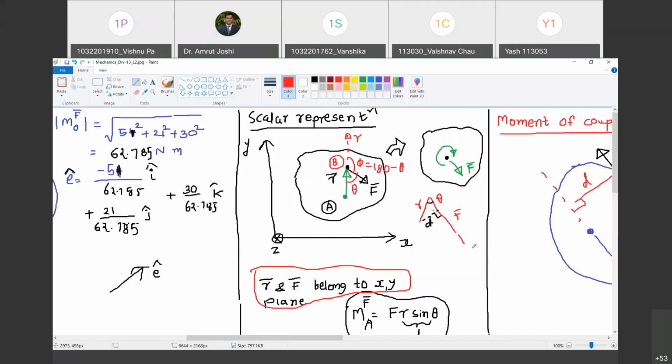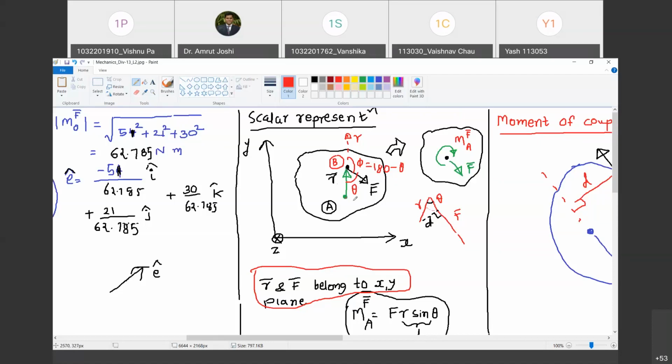Happy? Similarly, now I am trying to find out what is the effect of this F acting at B on A. So it is F as it is. So F as it is at B has to be brought and placed as it is here. Are you with me? Plus there is an effect of the moment of force F at A. Are you with me? Yes, sir. So these two systems are called equivalent force systems. What is the effect of F bar at A?